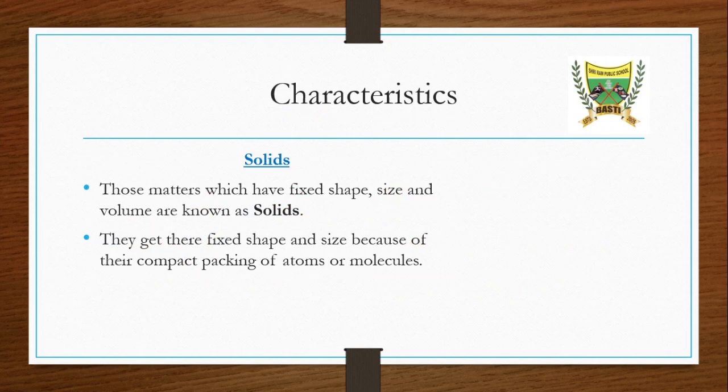So what are solids? Solids are those matters which have a fixed shape, size and volume. Means neither their shape, nor their size, nor their volume is deforming. They are not deforming, they have a fixed particular shape and size. Like